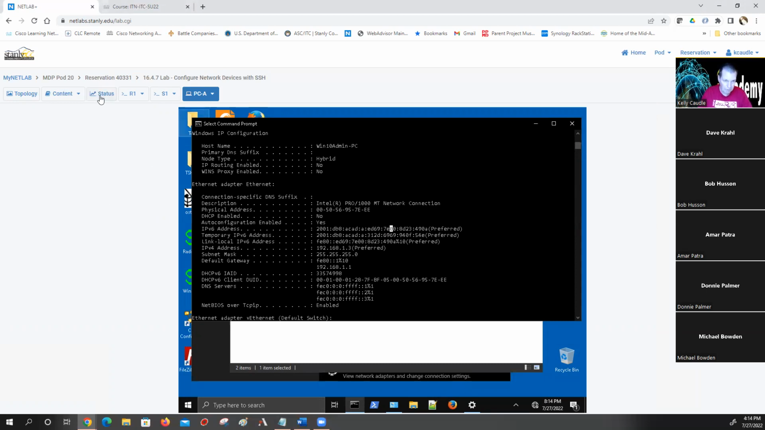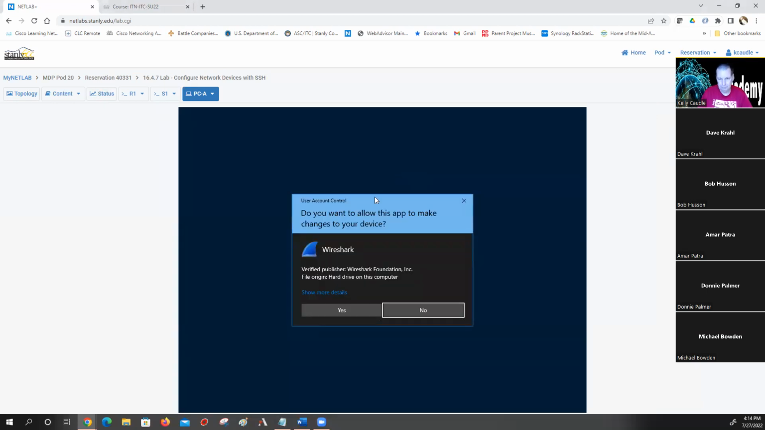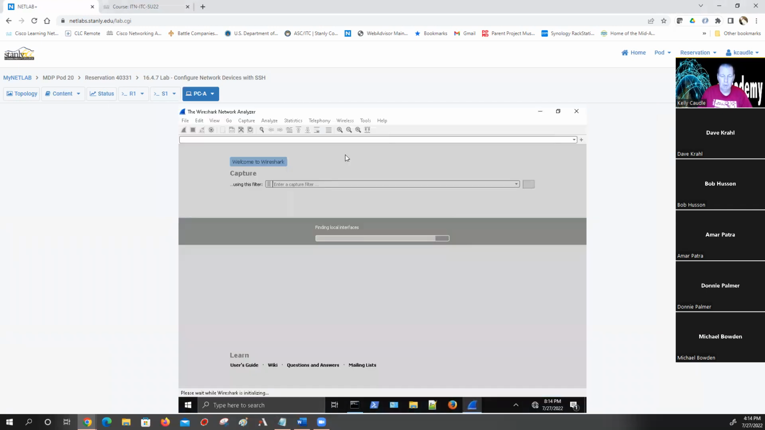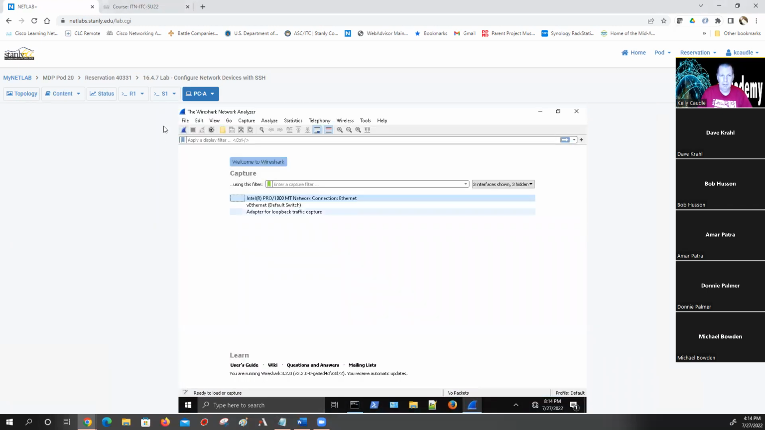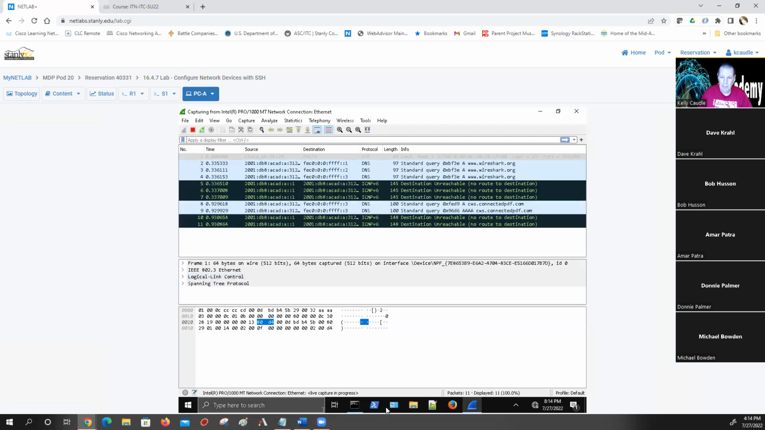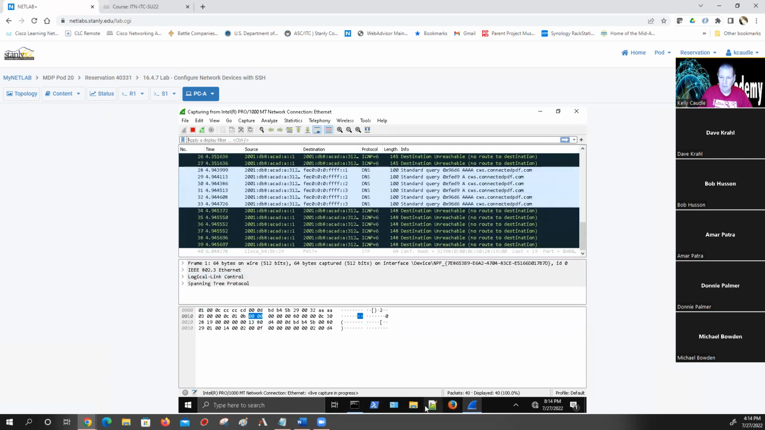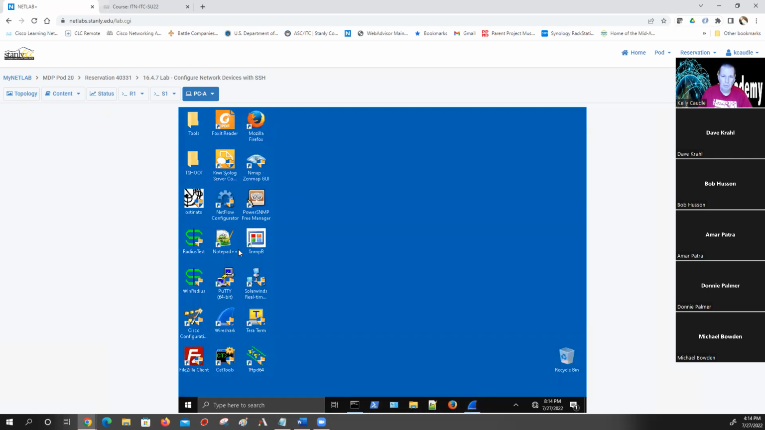So what I want to show you first is that I'm going to start Wireshark and start a capture on the Intel adapter here. So I'm on the right adapter. I'm going to start doing that. I've got a whole lot of ICMPv6 traffic going on here. But I am going to Telnet